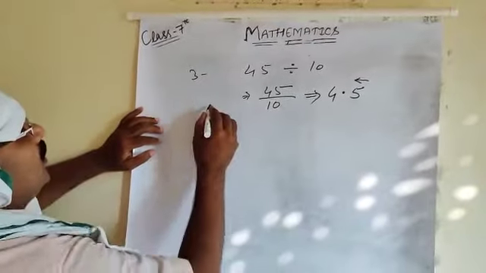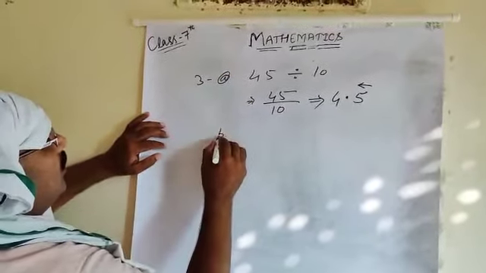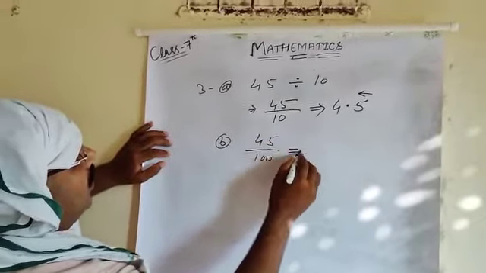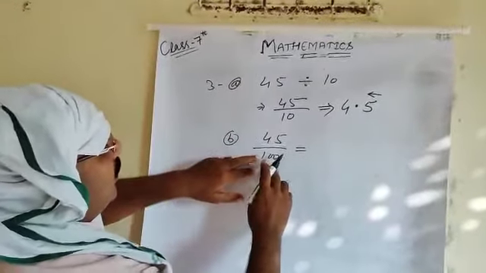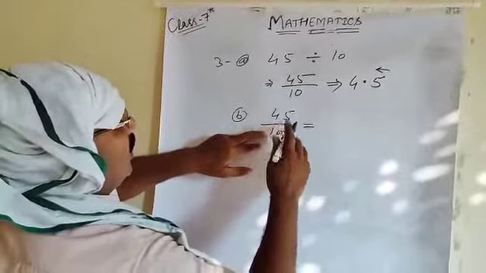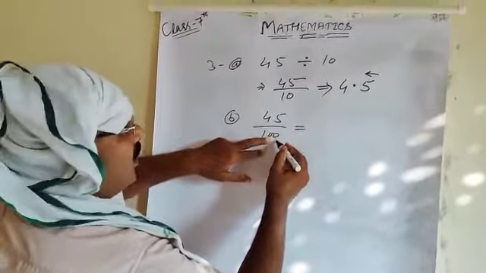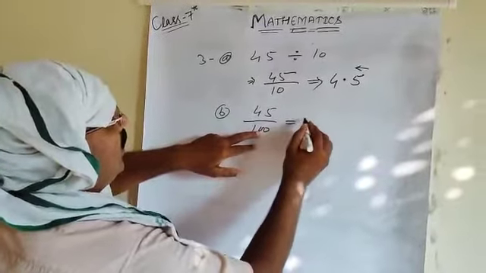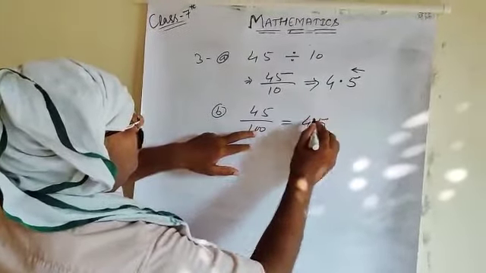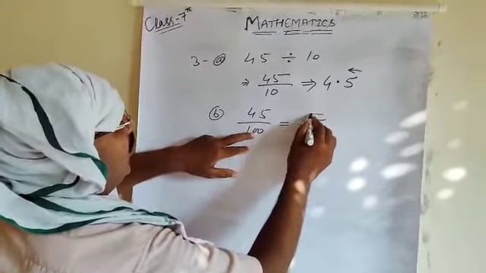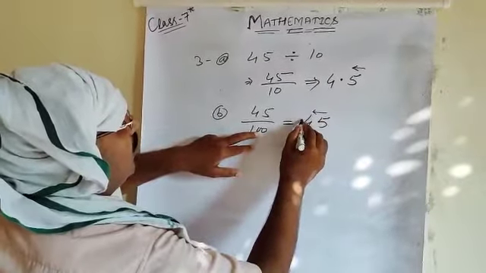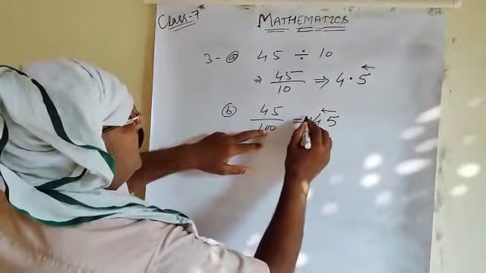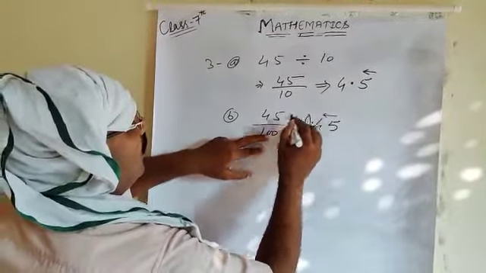Suppose the same number is going to be divided by 100. Here you see the given number is going to be divided by 100 and there are 2 zeros over 1. So you will take two digits like this, 1 2, and after that you will put the decimal point, and if there are no further digits you will put 0.